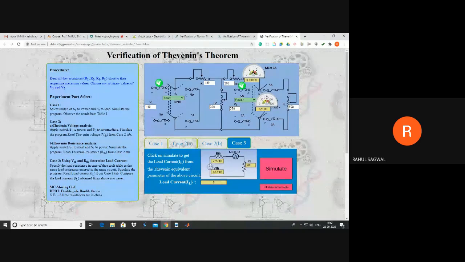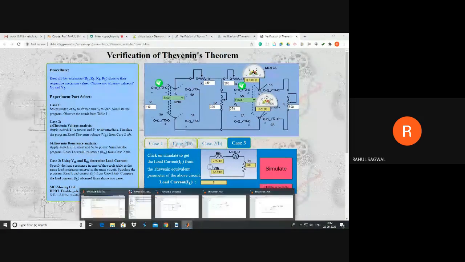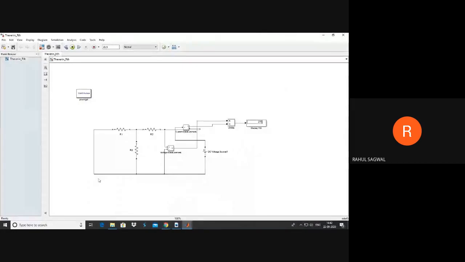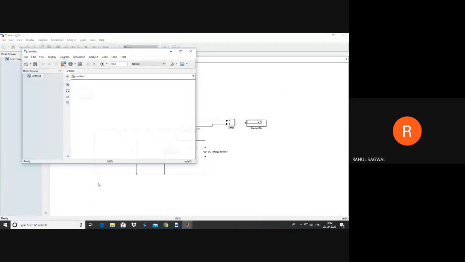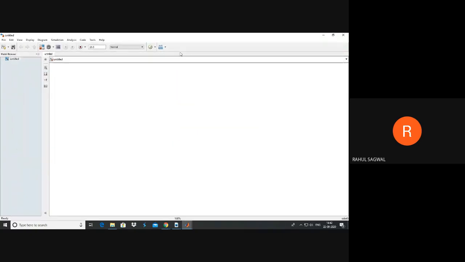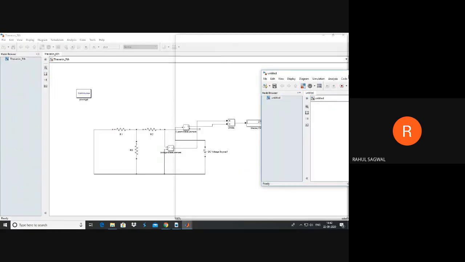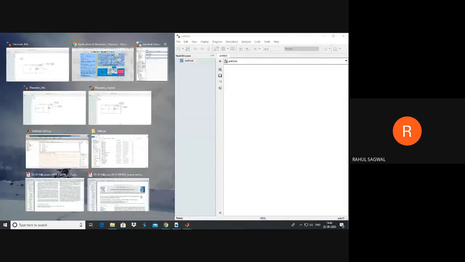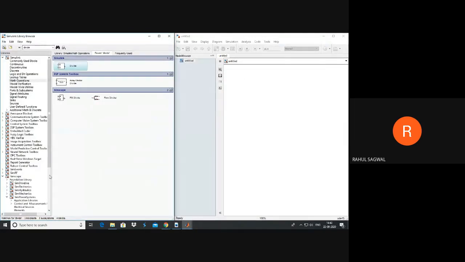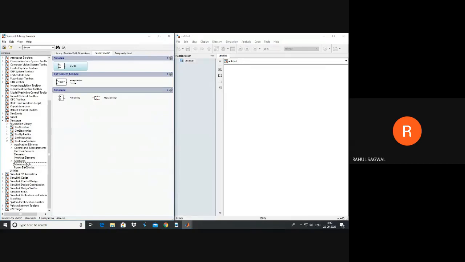So for that we need to have these values VTH and RTH on one platform, you can say. Then next we need just a current measurement device, and next you can add this RL, and accordingly you can measure the current. So for that, go back to the sources.